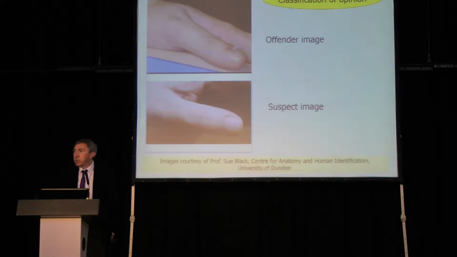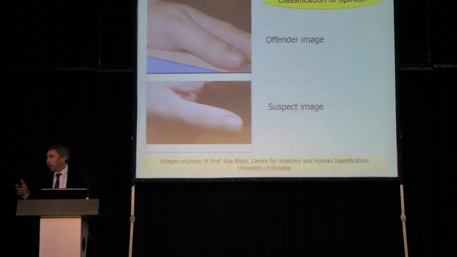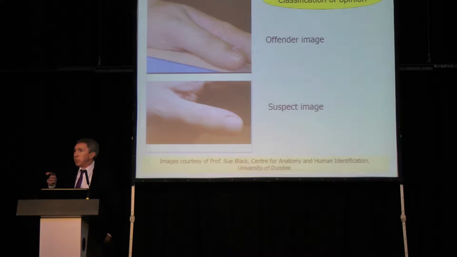And we're going to compare these two, and Sue and her team compare all the fine details that they can see within those images. So there'll be things like the size and shape of the nail, the crease marks around the knuckle, maybe some blemishes like freckles and other things like that. And once she's compared them with her team, and maybe she's seen no differences which would say that's an exclusion, she's seen sufficient similarities, she then has to convey, she doesn't have to, but it would help the court if she could convey the probative force of that similarity.